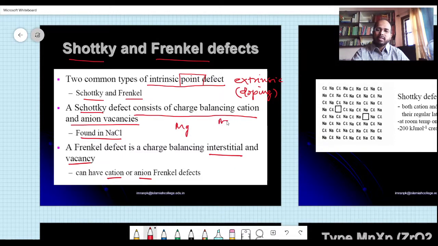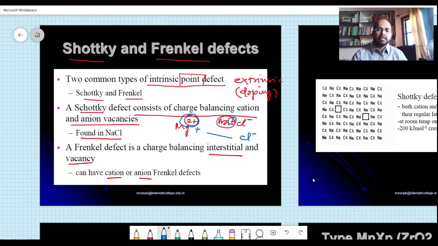Na plus and Cl minus. Okay, this Na plus is suddenly substituted by some bication, like 2 plus. There is an extra plus here. So this is 1 plus and this is 2 plus. Therefore, this extra plus is to be balanced by another chlorine atom there. And that balancing of cation and anion vacancies is known as the Schottky defect.